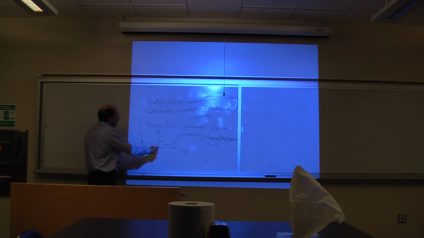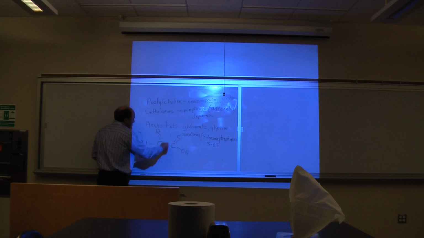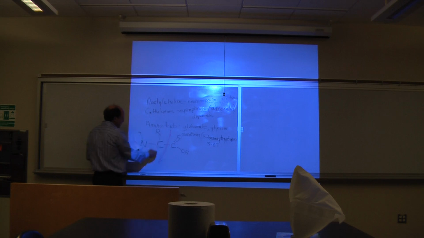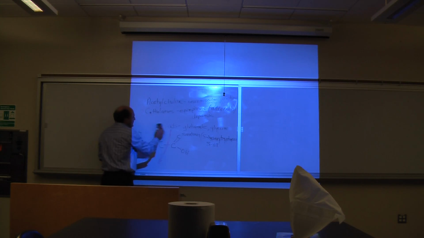So if you chop this off, and then you make use of this R group here, it is going to be tryptophan derived. So tryptophan has a ring structure. And I'm not sure this is going to be 100% accurate, because I'm just trying to draw this on the fly here, but